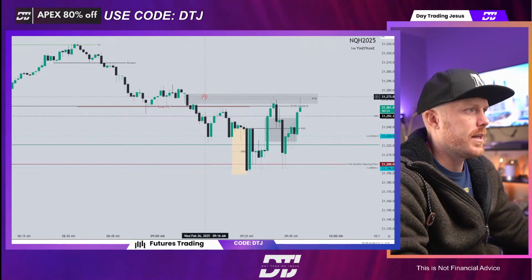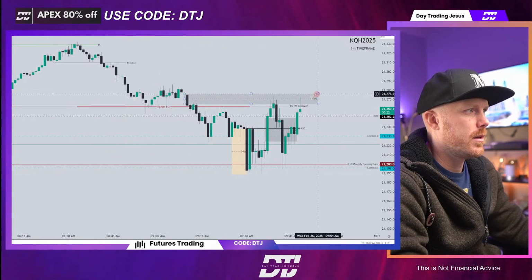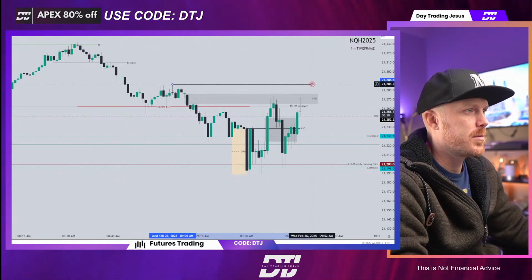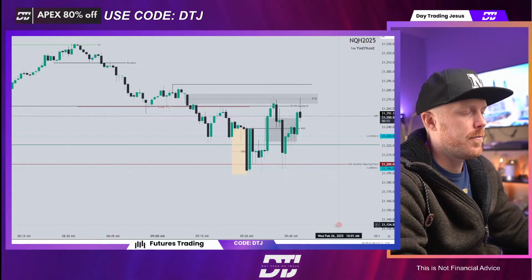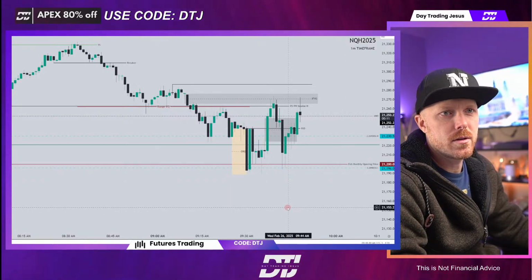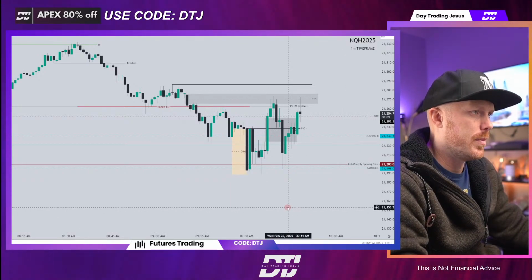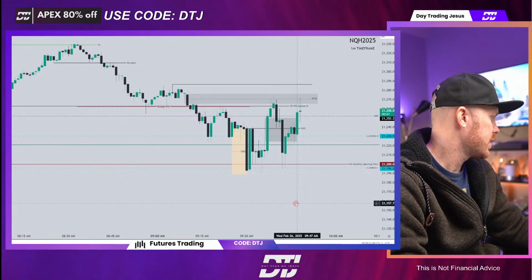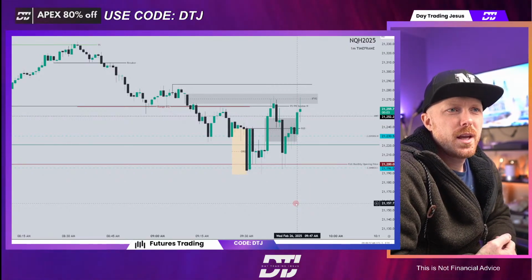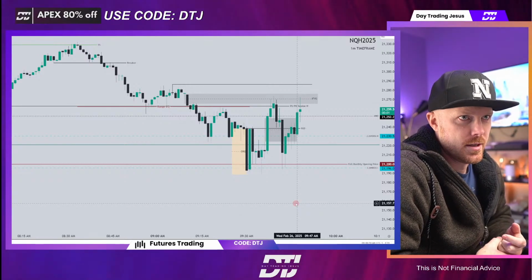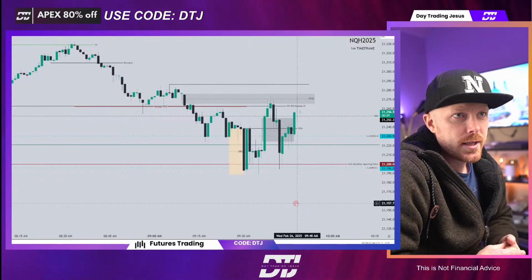Like, I will take this inversion once we close above it, as long as we don't run this high right here. And I'll move my stop to break even. But it looks as if we're waiting till 10 o'clock to break out. So that would have been my mistake, taking a trade before news drops. It's only orange folder news at 10 o'clock, but